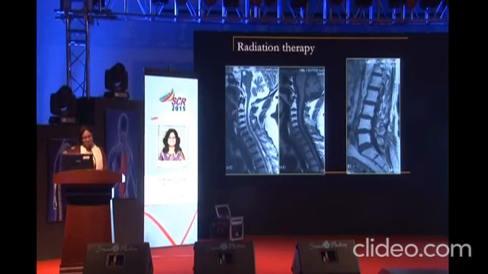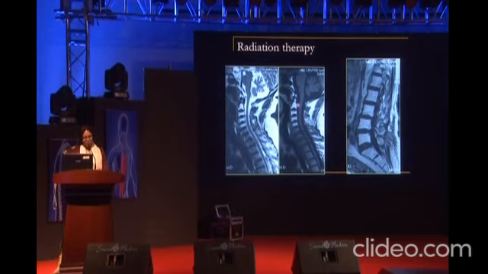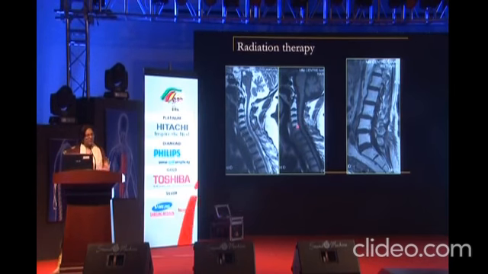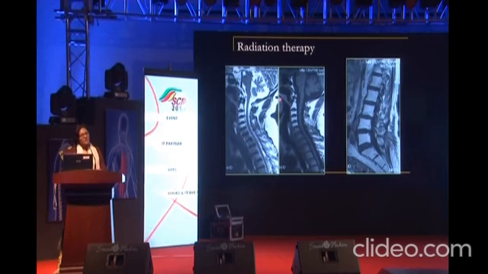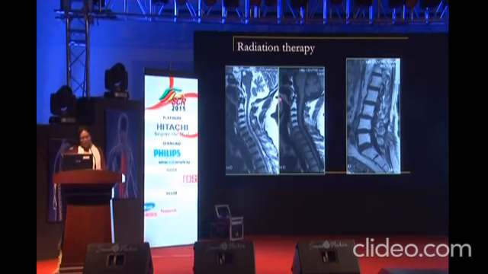So this was a patient who received radiation for an oropharyngeal or nasopharyngeal malignancy, and you can see here there's a very sharp cutoff. C2, 3, 4, 5 show fatty marrow, and below that you have the normal marrow. So you know that this is the exact field which was radiated, replaced by marrow. Initially, there will be edema once the radiation is given. After a few months, fatty marrow. And after about 1 or 2 years, the normal marrow may recover.